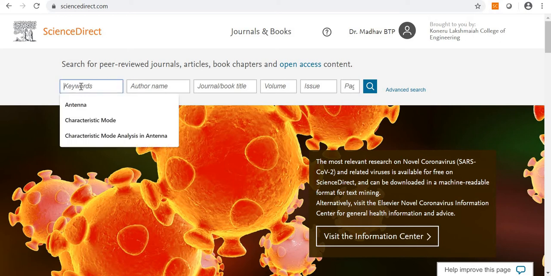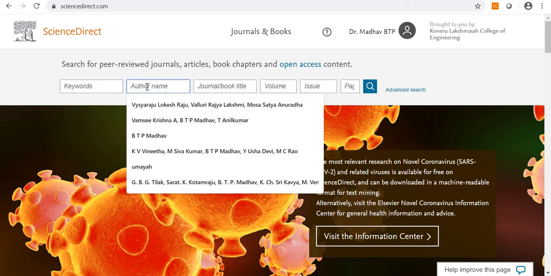In the keywords, you just type the keyword. For example, if you are working in antennas, you can type here antenna. If you are working in big data analysis, you can type big data analysis. Whatever keyword related to your research is there, you can type here.